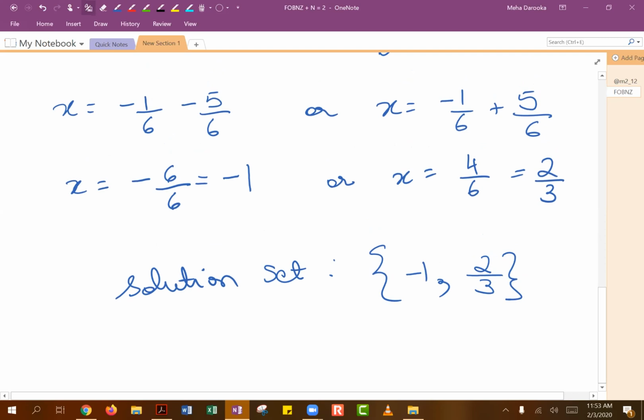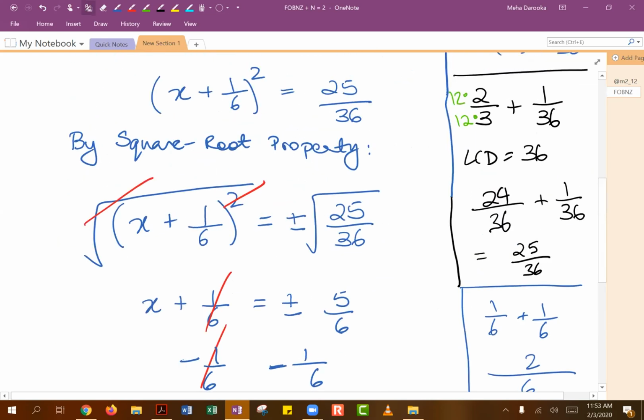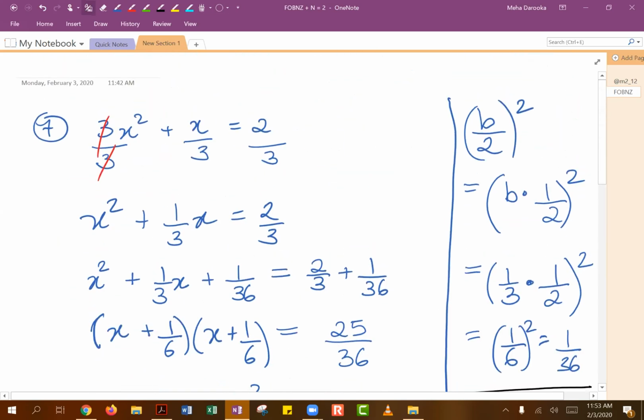Questions on this example? Like I said, this example was a little bit different, and the main reason was that leading coefficient of 3 on our x squared term. For completing the square to work, our leading coefficient can be nothing other than positive 1. So that's why we first started by dividing the entire equation by 3, which meant our middle term ended up